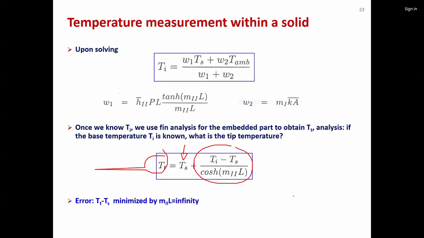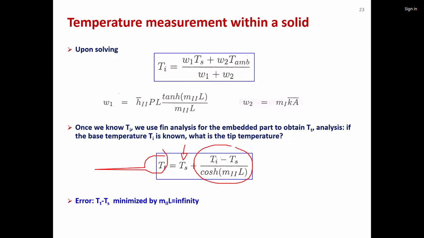And here you can see that if your cosine hyperbolic m2L becomes infinity, then this term becomes 0 and Tt will simply be Ts. And for that to be infinity, your m2 into L has to be infinite. Okay. So this is the conclusion: